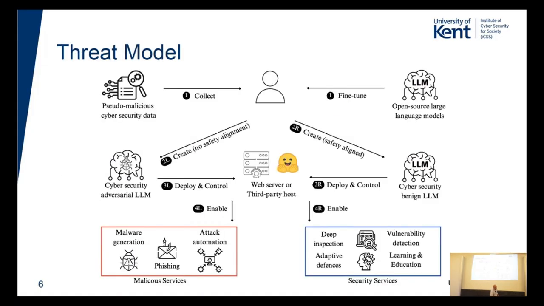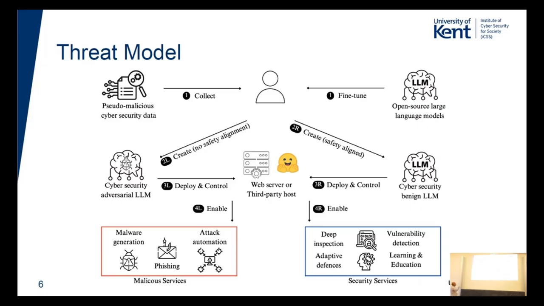Okay. Now, what is the threat model we have here? So let's assume this situation. There's a human in the middle, and there's still a human in this particular scenario. This person can decide whether to do a good thing or a bad thing. They can get pseudo-malicious cybersecurity data, and they can use open-source large language models. There are many of them available. By that, I mean people can download the model, do the training, do the fine-tuning, everything in their own system, and then they can get their own